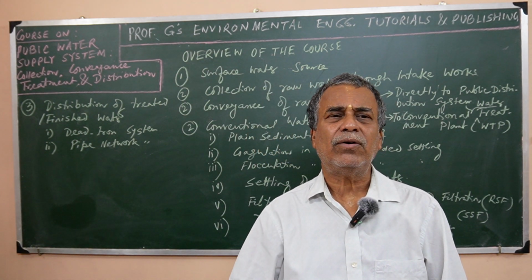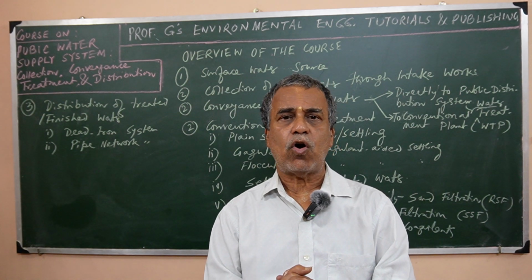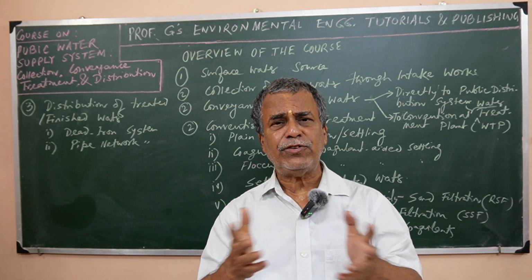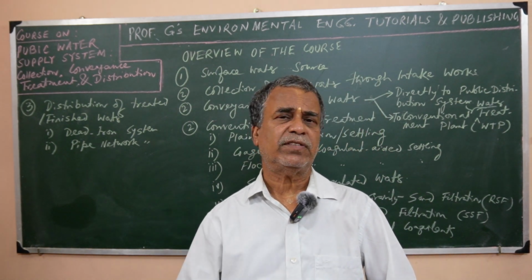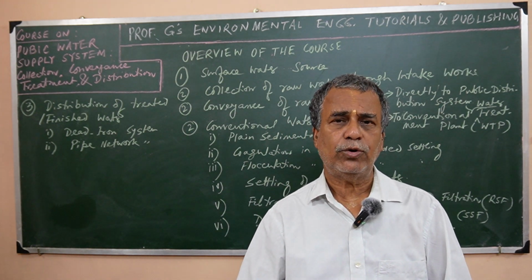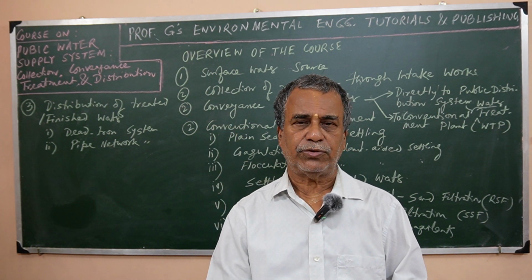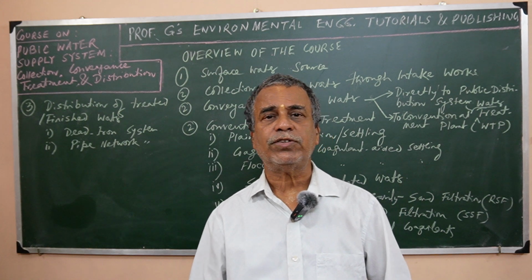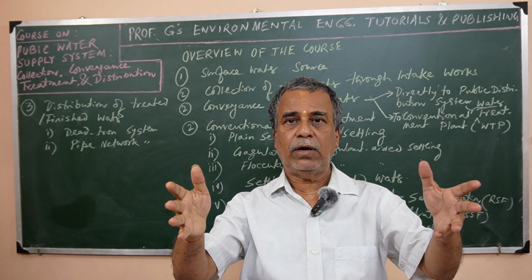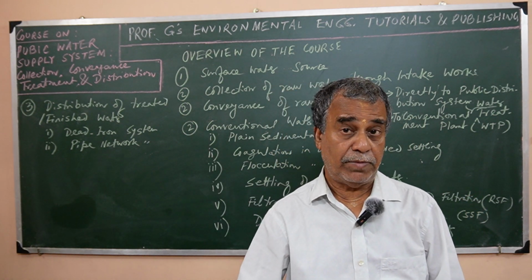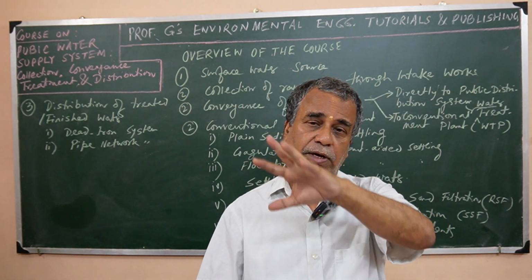Many a time, for a city which is very far away from the river, the transmission cost takes the lion's share of the treatment or the water production cost also. For example, for the city of, say, Bangalore, where the river source is quite far, 100 kilometers plus or so, the transmission cost is quite heavy. So there the total production or water cost may be as high as 15 rupees or so. But usually, 5 to 10 rupees